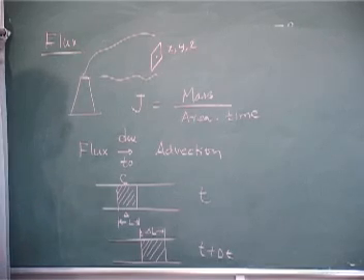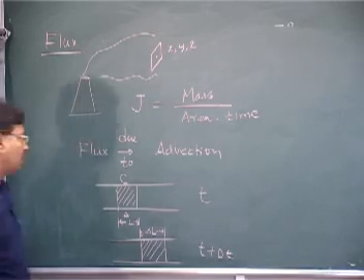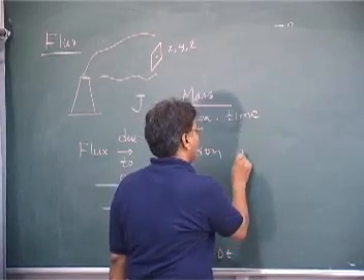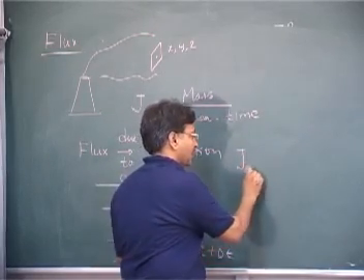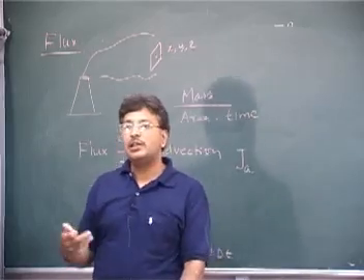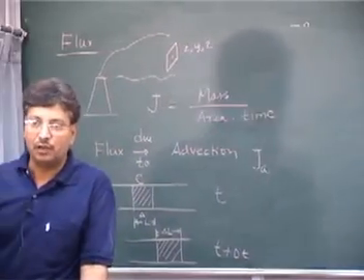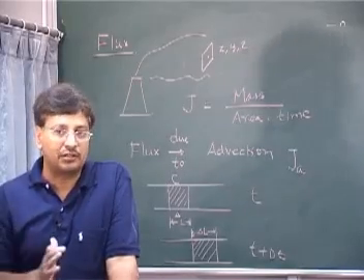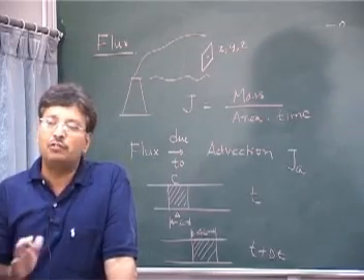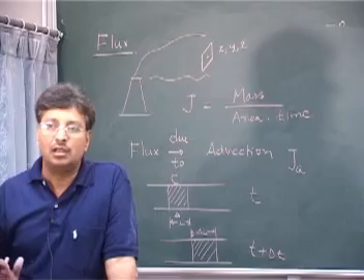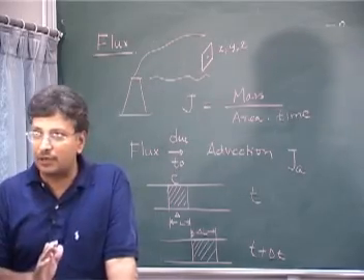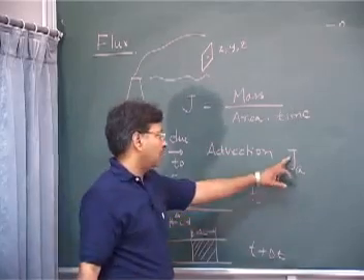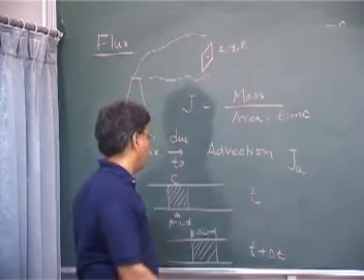So I want to find out the mass. Let us say I want to find out the flux due to advection. What is the word advection I am using? When there is a flow, then there is advection. When there is no flow, there is no advection. So that is the advection part. So what can I do? I can write the flux due to advection as